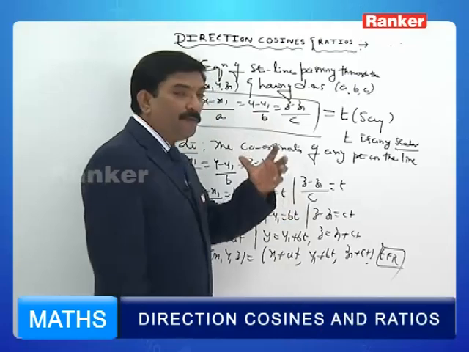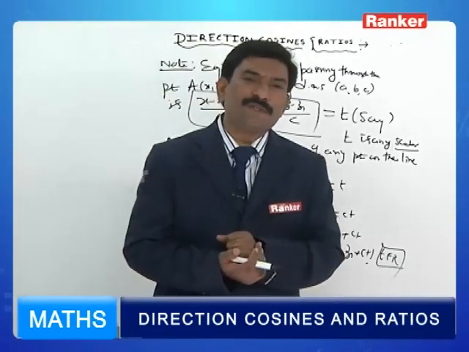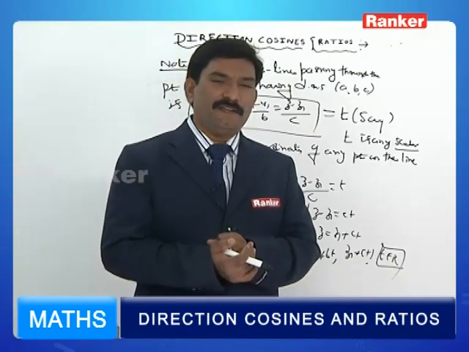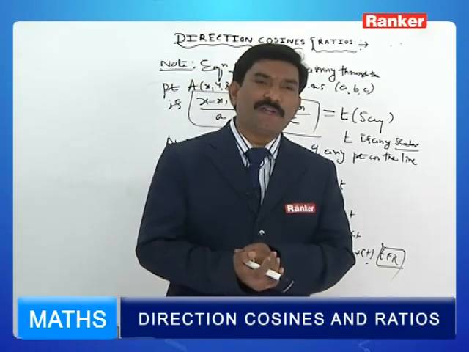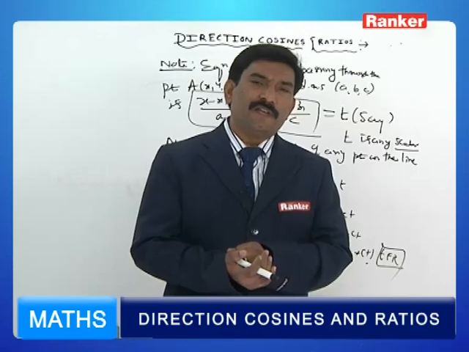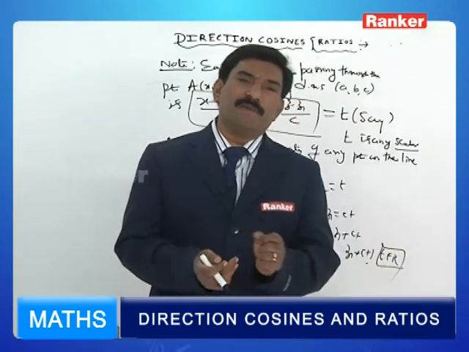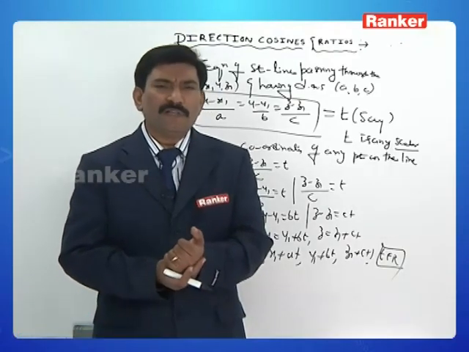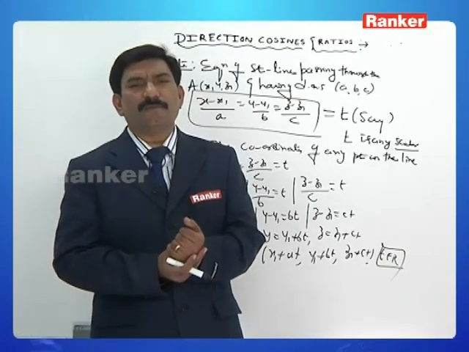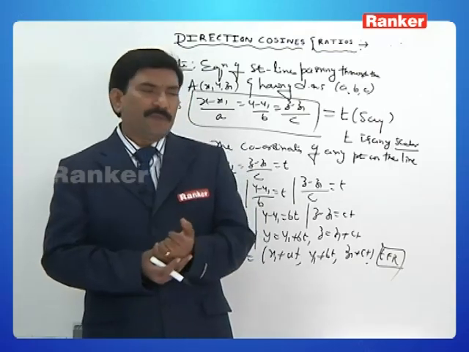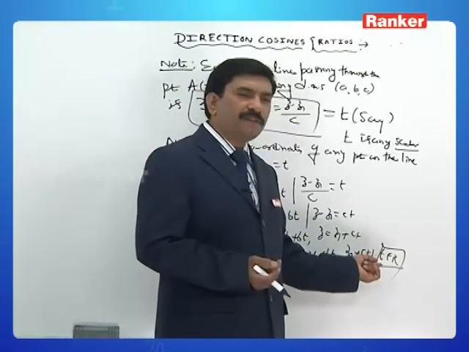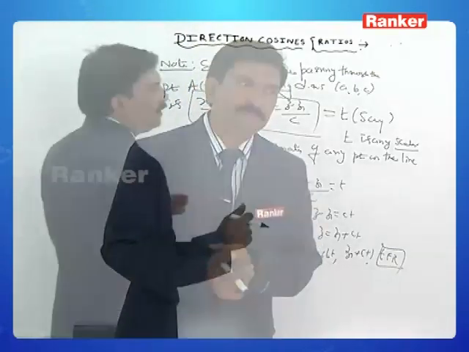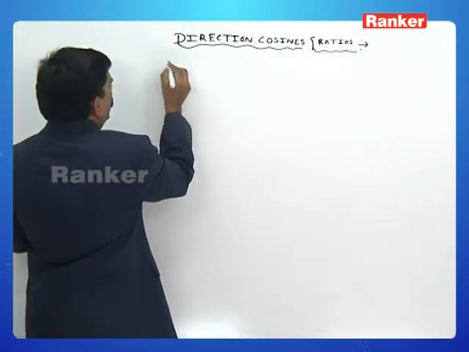This is how you can find the coordinates of any point on the line passing through the point x1, y1, z1 and having the DRs a, b, c. Similarly, you can also find it on a line having DCs l, m, n. So therefore, for different values of t, where t belongs to R, you get different points. In the same way,